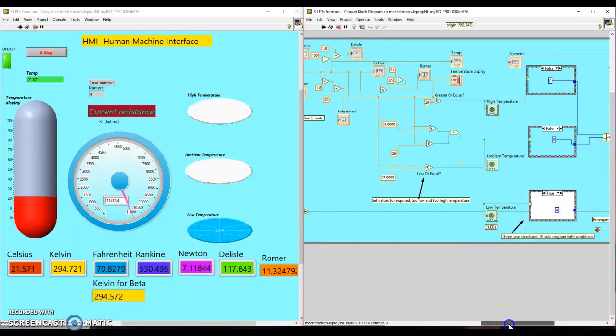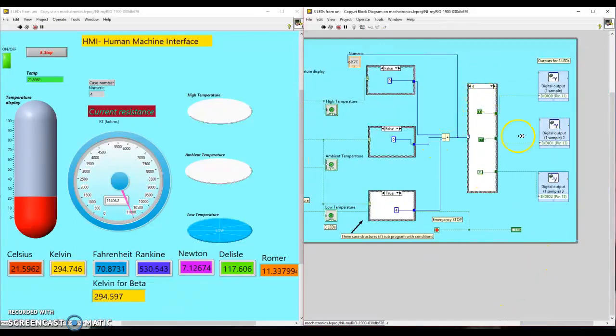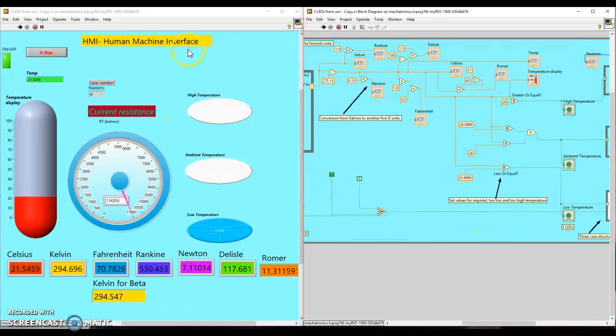25.999 is going to be our low. Moving to the right, I decided to use the case structure. We've got three case structures with false and true, depending on which of those becomes true, and then another case structure right here, which eventually is just turning on the output, and this output will then trigger those LEDs. Right down the bottom here we have our emergency stop, and as you can see, the entire program is in a while loop, so we will be running